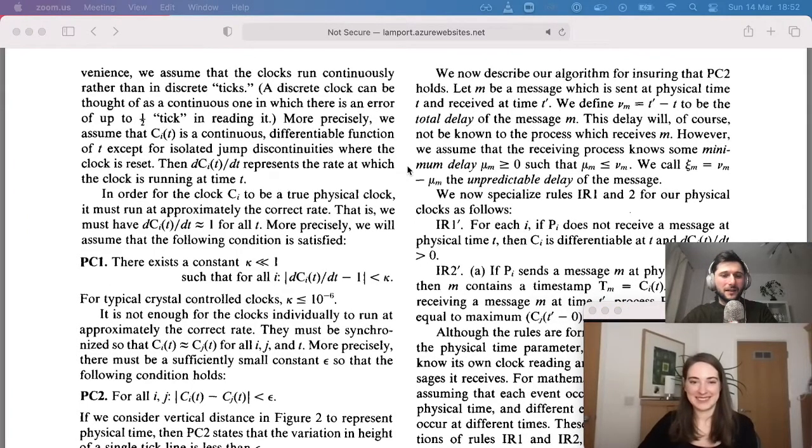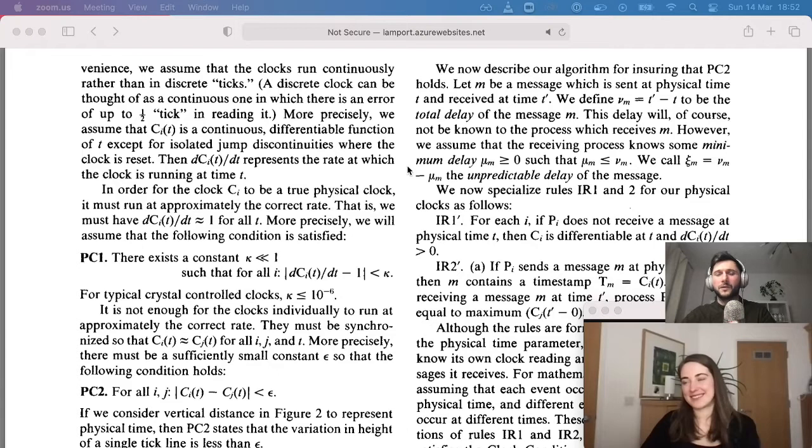Okay, so what I really like is that he talks about the concept of time in terms of how a clock would tick, right? So we can see here that the clock should tick at a rate of 1, and then he does this very simple differential equation, dCi(t)/dt. It's basically should be almost 1 because that's the rate of change of a clock, right? I wouldn't want the audience to be scared of differential equations here. You can simply read